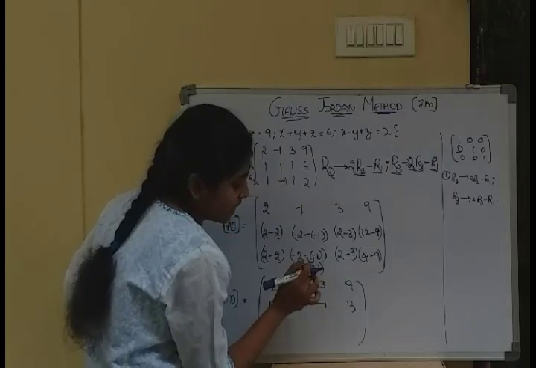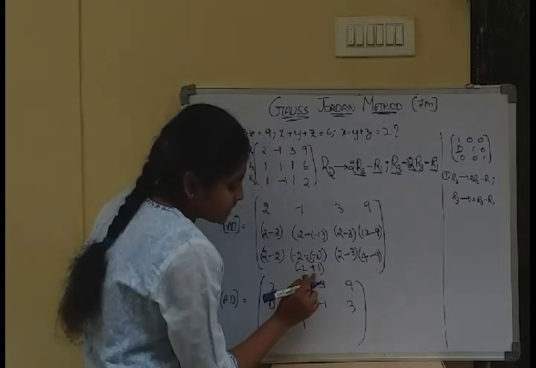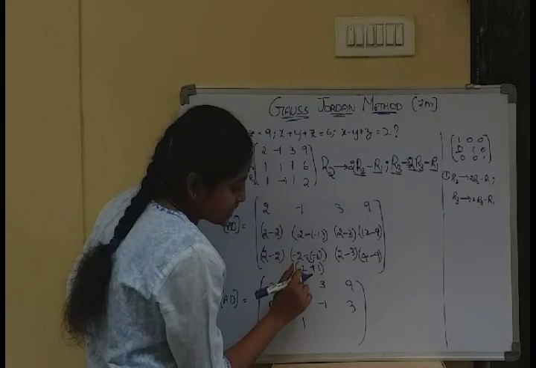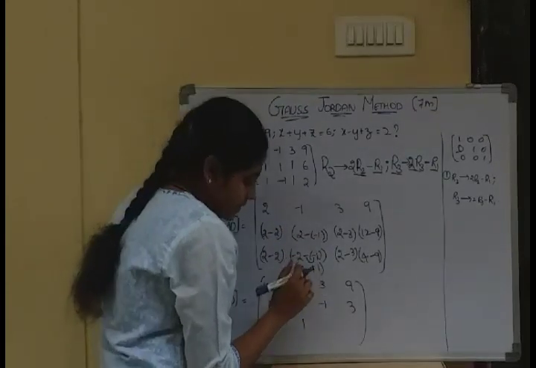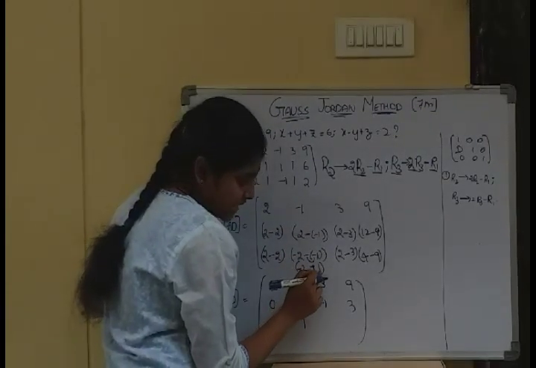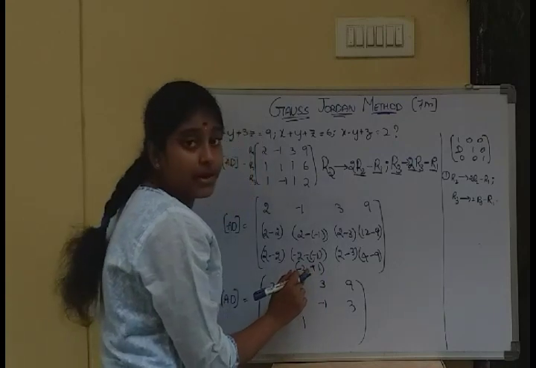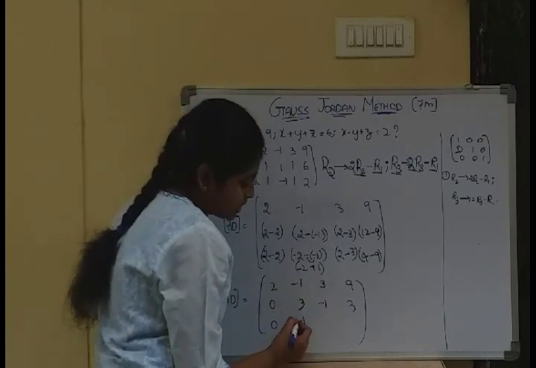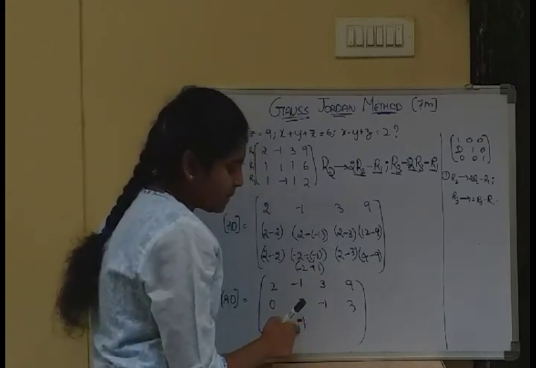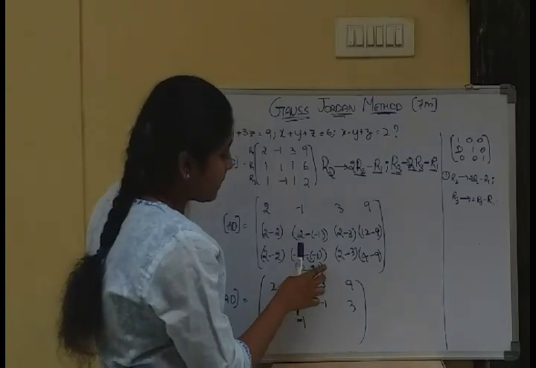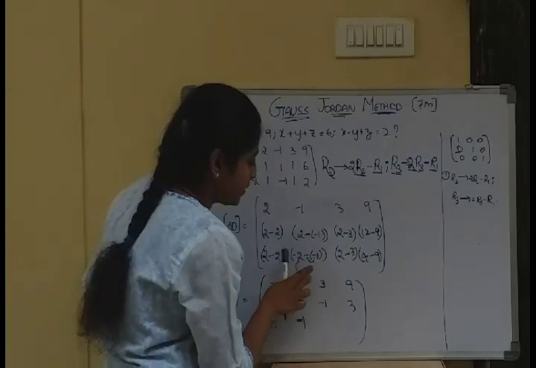So 2 minus 1, it is 1. Now we will see which number is the highest. That is minus 2 plus 1. So 2 is the highest number. We will put minus here because the sign of the greater number will be presented here. So it will become minus 1.